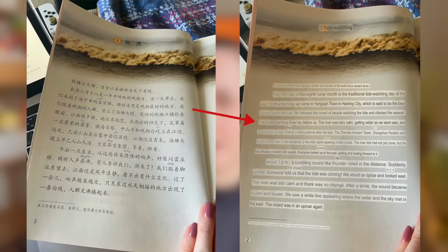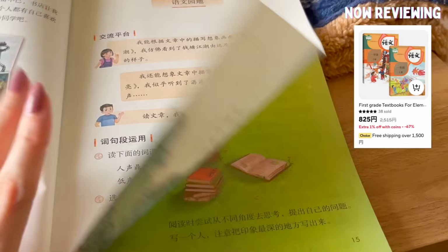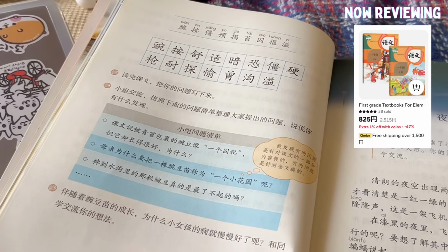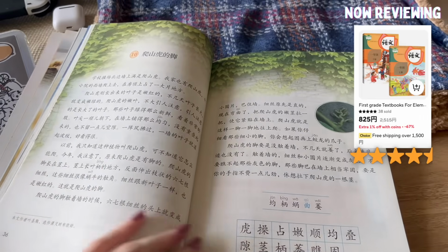Now, the issue is that I don't think I'll be able to use this textbook for the time being, because it seems that the level is actually pretty high. But nonetheless, thanks to the great structuring of this book and the wonderful illustrations it contains, I was able to give it a nice 4.5 stars, since I find it particularly engaging and I cannot wait to start using it